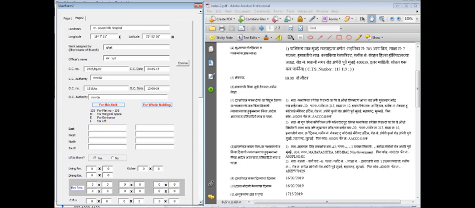Now let us enter the boundary details of the flat like this. Here when I enter 702, a sentence like flat number 702 will be written automatically. If I enter only M, then it will write marginal space.